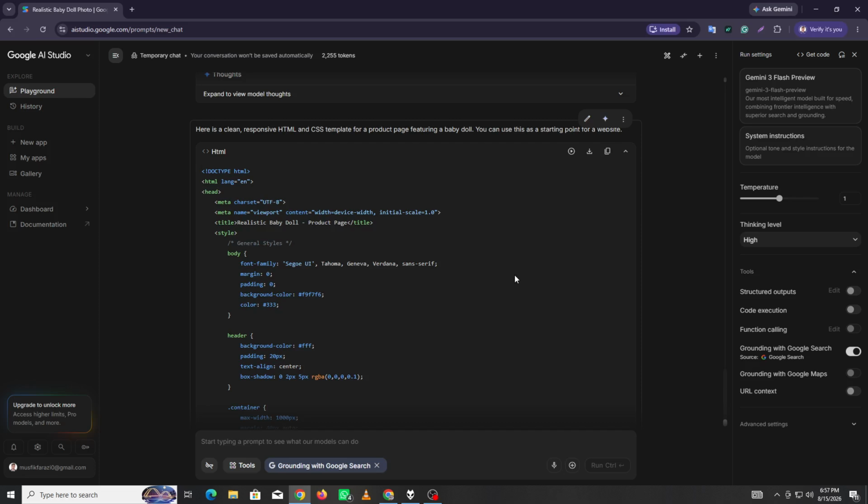You can also use Google AI Studio to help debug existing code. Provide the